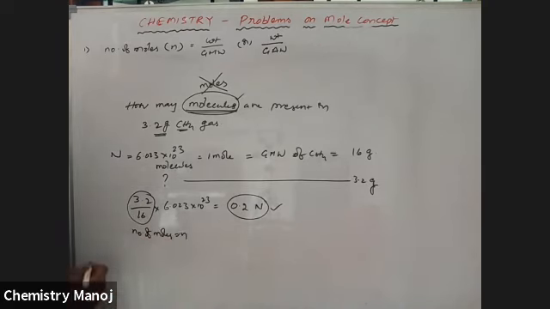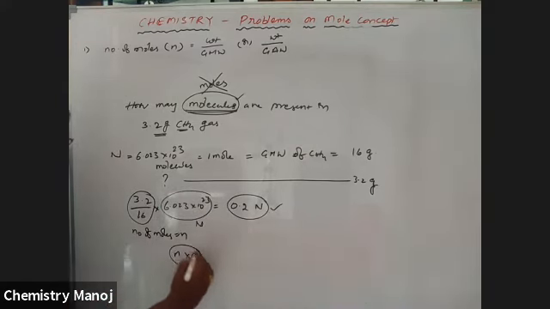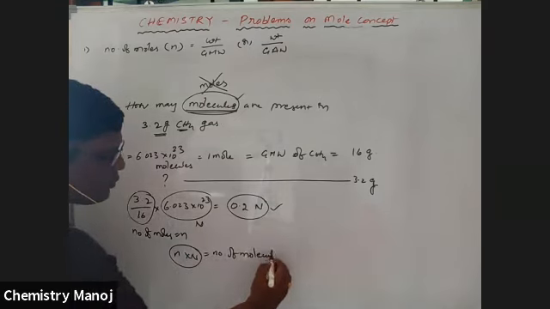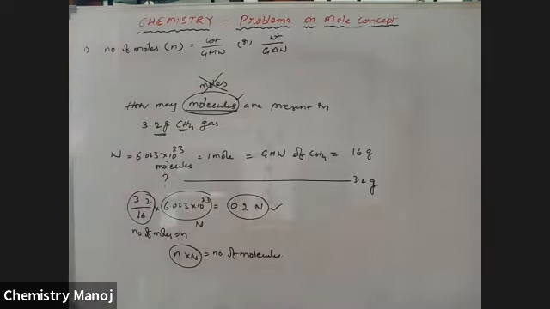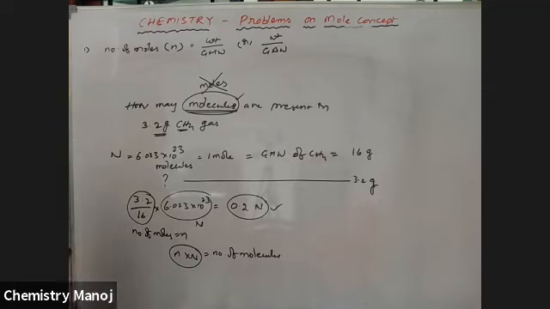Number of moles is nothing but small n. So this small n, this is nothing but capital N. That means small n into capital N is equal to number of molecules. If you want to calculate the number of molecules, just multiply small n by capital N. Small n is the number of moles, capital N is the Avogadro number. Avogadro number is 6.023 into 10 power 23.